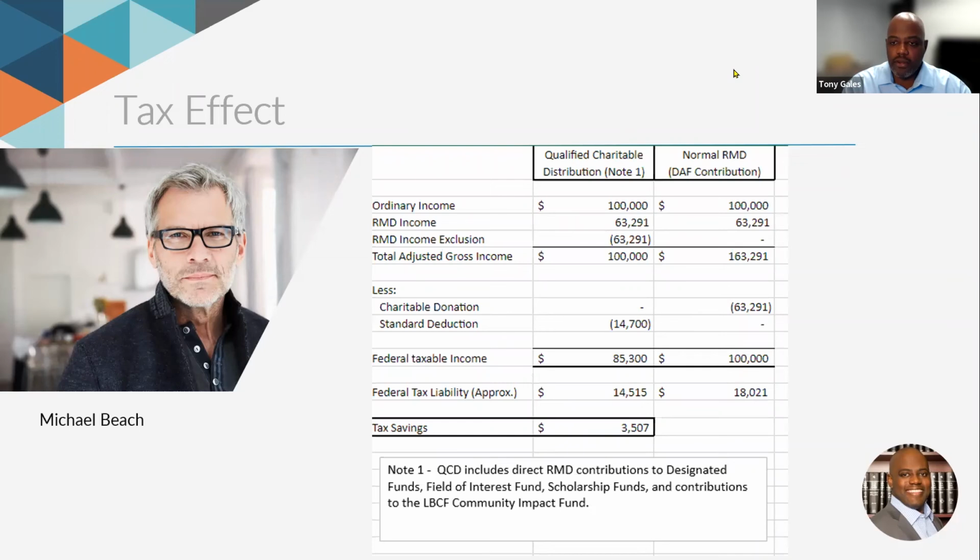If you wanted to still be in control of or somewhat have influence over the funds once given, and you wanted it in a donor advised fund, you would have to recognize that income in the tax year of the gift. So your income would be 100,000 plus the 63,000, and then you would just get a charitable contribution deduction of the 63. Now, the difference in this example is that the tax savings is on the fact that because the amount was excluded, Mr. Beach still gets to take the standard deduction. So he's in effect getting the tax savings on that standard deduction.